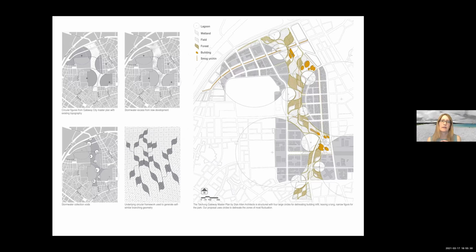And those circles are really trying to index the volatility that's happening with global warming and the volatility of